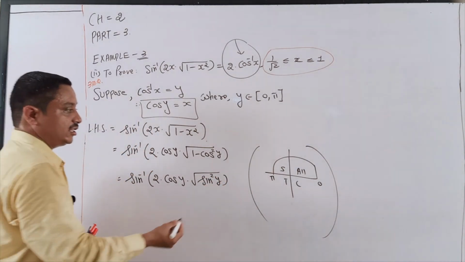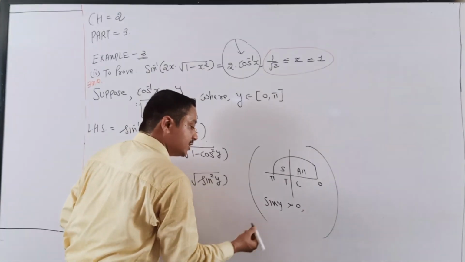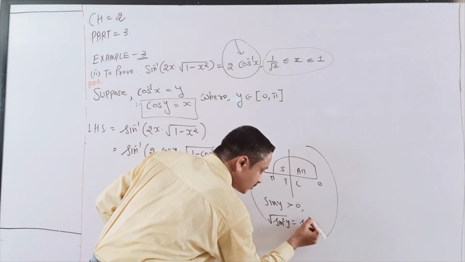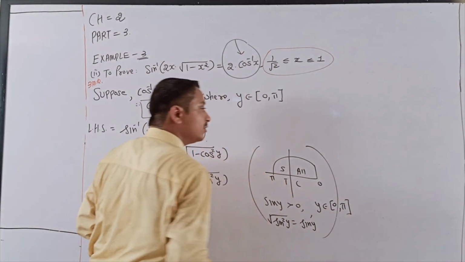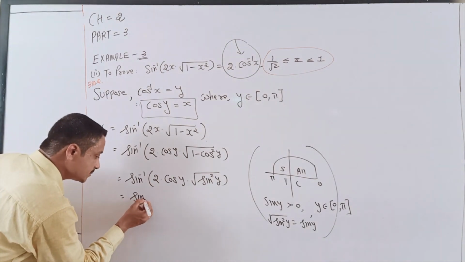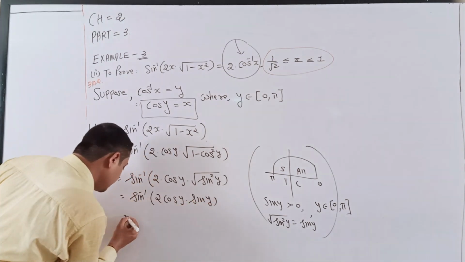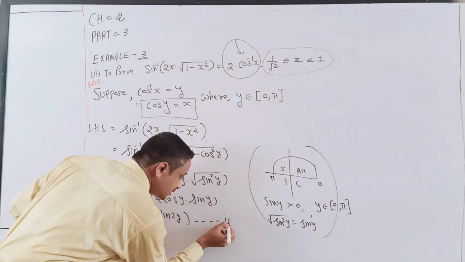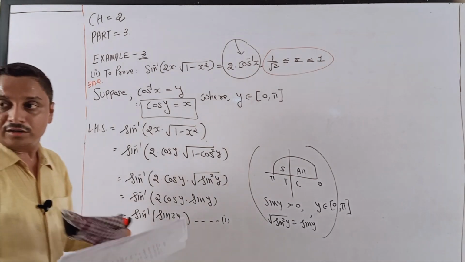Yes, and now check in the first to second quadrant, sin y is what? Positive. That's why under root of sin square y, I just write sin y in the range of the closed bracket 0 to pi. Correct? Now students, it is sin inverse 2 cos y into sin y. You get that it is sin 2y, and here create our statement number 1.